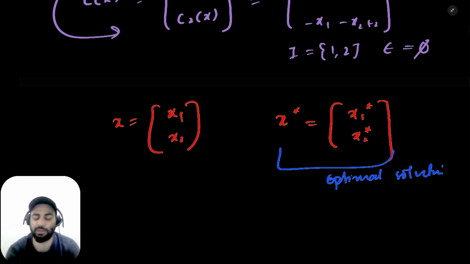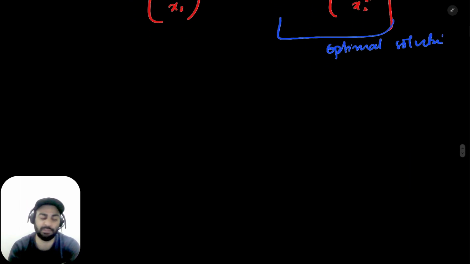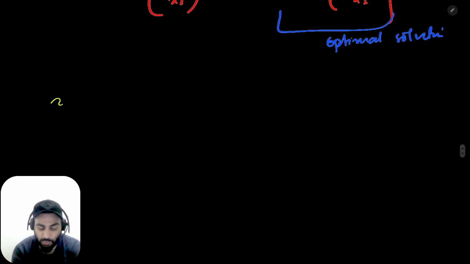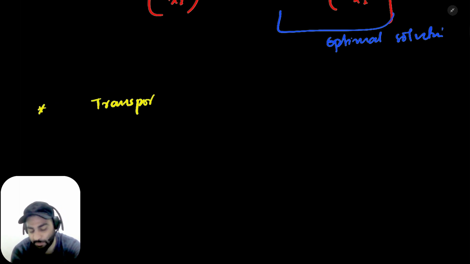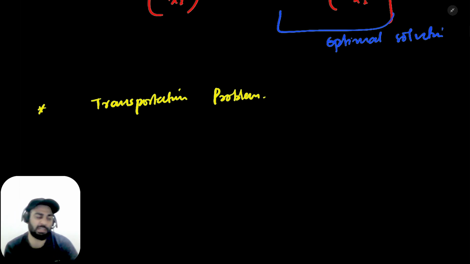Let's start with an example so that you know how to model these problems. Okay, I'll start with a real world problem. The problem is from transportation. We call it the transportation problem. There are a lot of problems, like the planning problem. So I'll take this transportation problem. This is a really simplified problem. So what we'll do is,